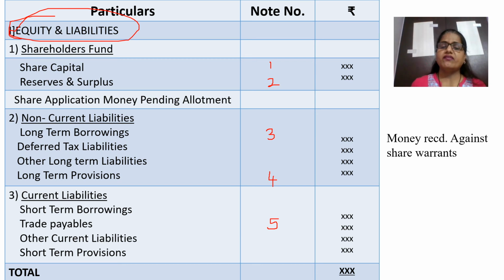I suppose this is clear, very easy to remember. क्या कैसे याद रखोगे? Equity and liabilities will be the first heading in capital letters. Shareholders fund. Shareholders fund में आता है दो चीजें, share capital and reserves and surplus. The non-current liability, long-term borrowings, long-term provision, other long-term liability, that is non-current liability. फिर current liability, short-term provision, short-term borrowing, trade payables, other current liability, and then total of liabilities. So that is the half part, that is the liability side we have seen as per the revised format. So that was the liability side of the vertical format of company balance sheet.